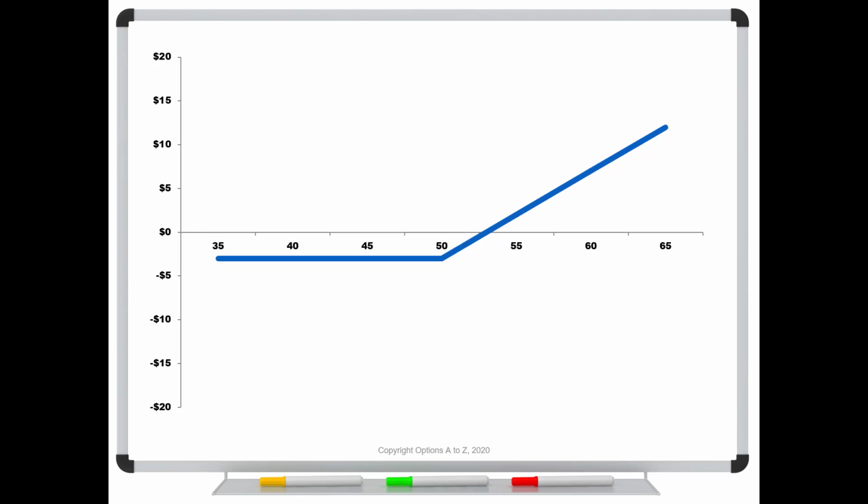So some of you might recognize this as a profit and loss diagram for a long call. And if you've seen the video on synthetic options, you'll also recognize that a call option is in fact identical to long shares of stock plus a put. So that's kind of an odd thing in itself. A long call is actually insured shares of stock. Different perspective from what most people would tell you.